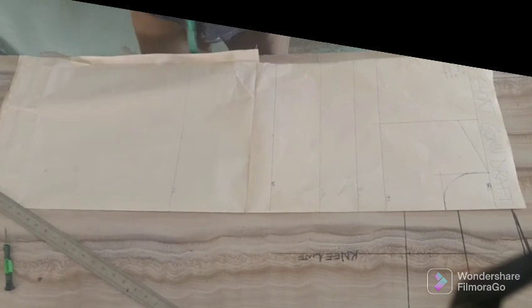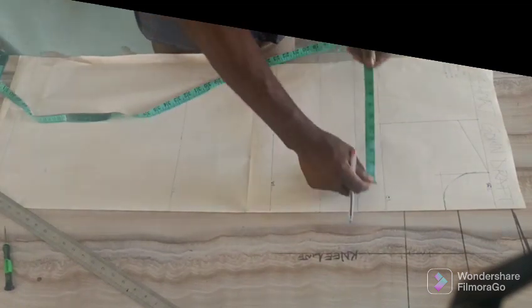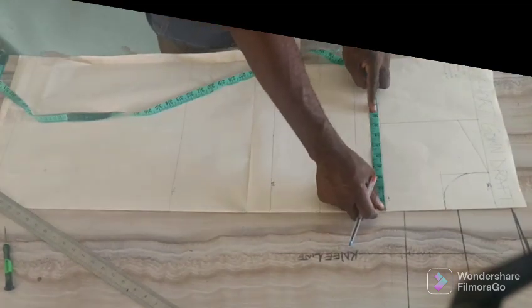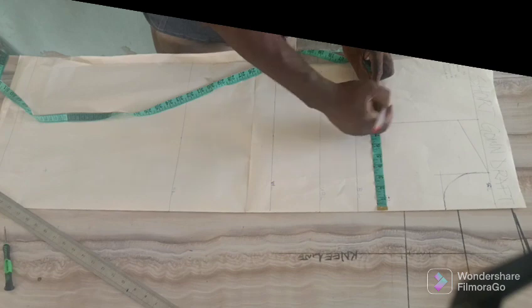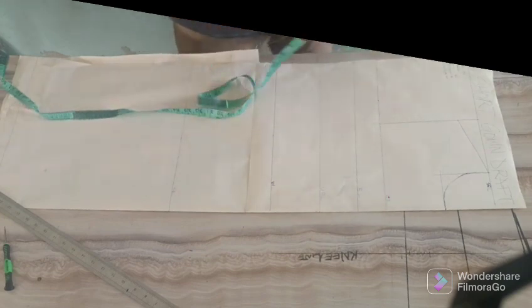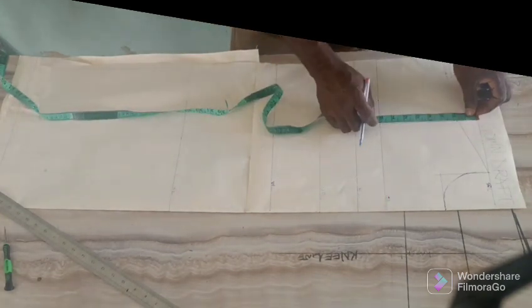So we mark it on that armhole line. Then we take your shoulder slope. Next, what we are going to do is to input our bust measurement. Our bust was 36, so divide by 4 is 9. So we put that. Then the sewing allowance we are going to be putting is the ease allowance